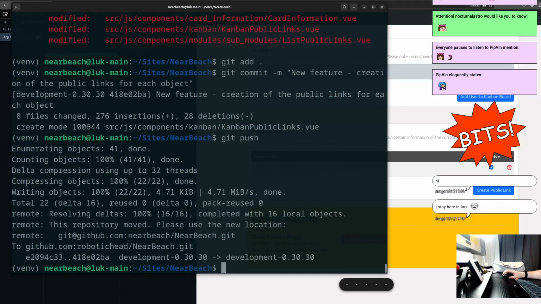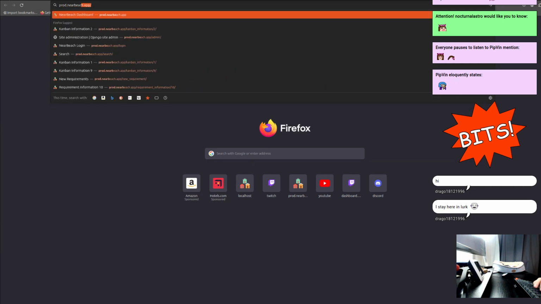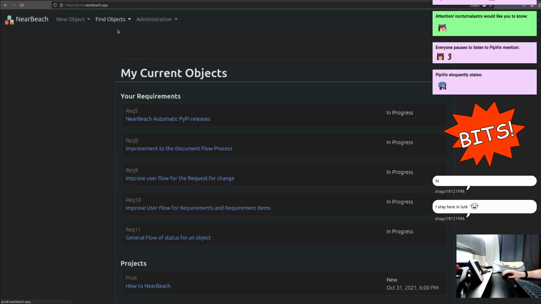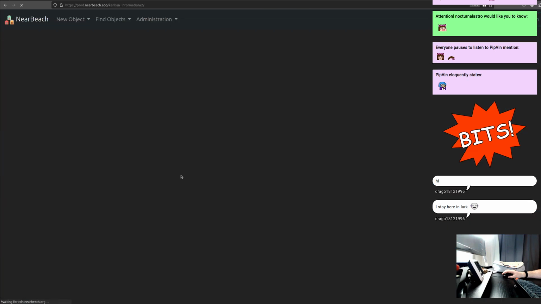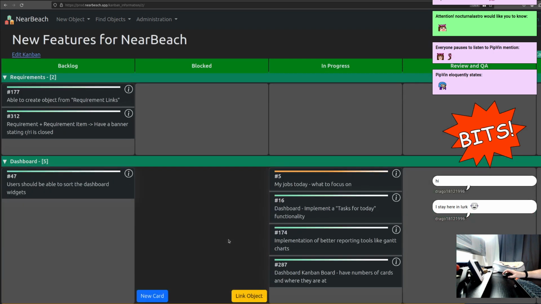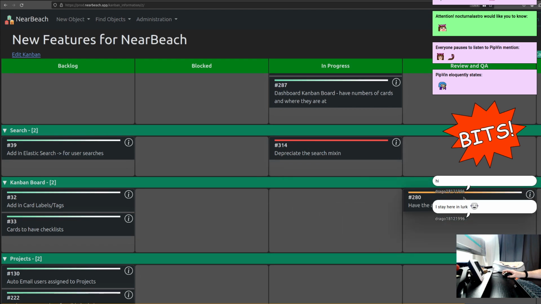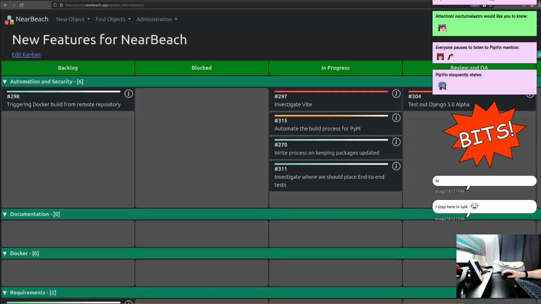Alright, so we've just done that. I need to update my Kanban board. Just give me 2 seconds. prod.nearbeach.app. Okay. Not marketing, site improvements. Sorry, new features. So that's under review and QA. Yeah, we need to deprecate the search mixin soon. All right, so